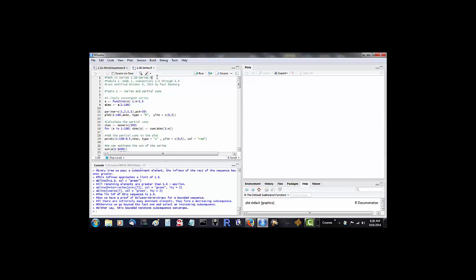Hi there, it's Paul with a script designed to illustrate graphically the connection between infinite series and the sequence of partial sums for an infinite series. So let me start with a slowly convergent series where the general term is 1 over n to the 3/2